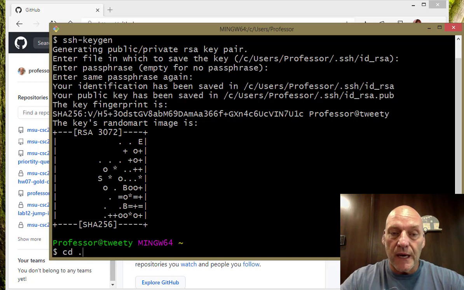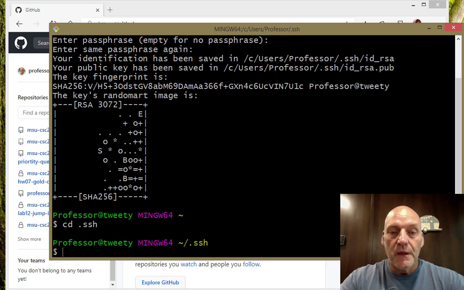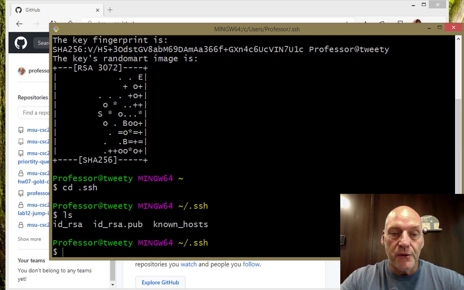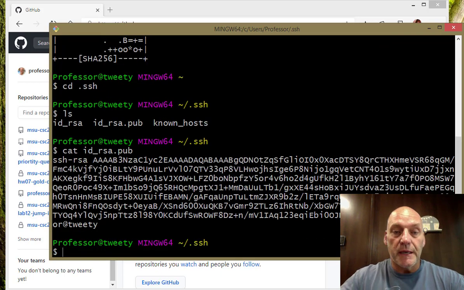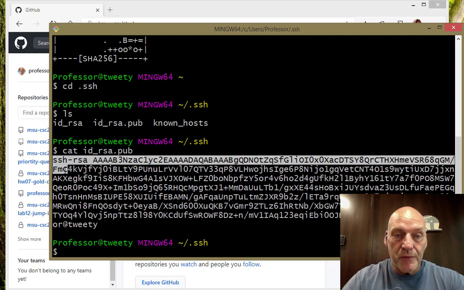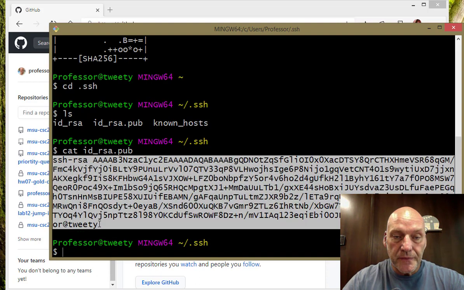So if I go into the .ssh folder and type ls, I'll see that I've got two ID underscore RSA files. One has an extension .pub and the other one doesn't. The one with the .pub is the public key, and that's the contents of which we'll copy into a field on a settings page in GitHub. So I can type cat id_rsa.pub, and it displays the contents of that, and all I'm going to do is copy it from the SSH portion to the very end,